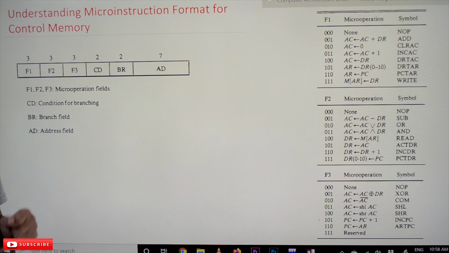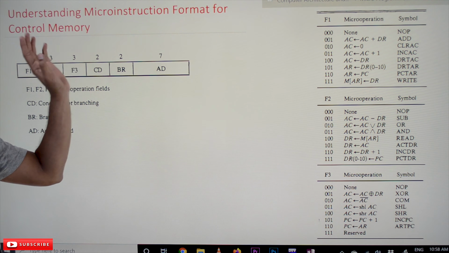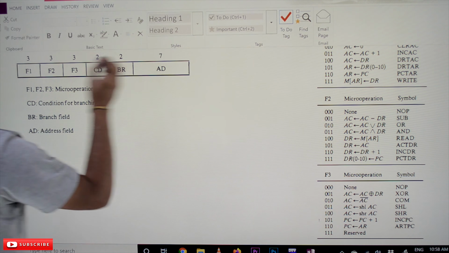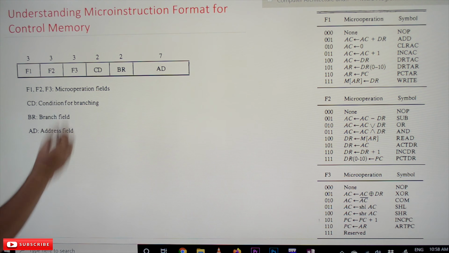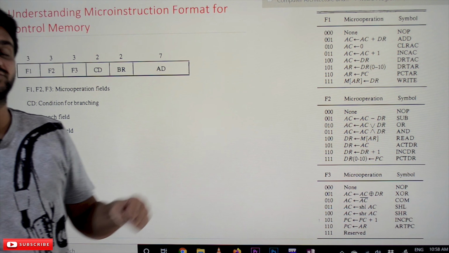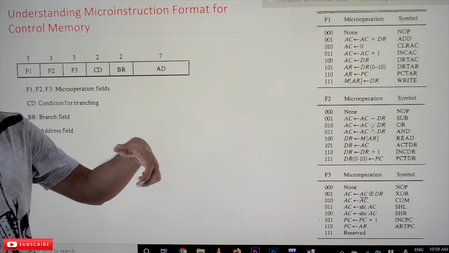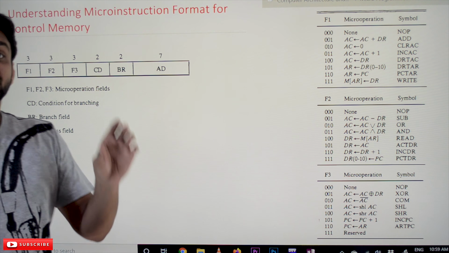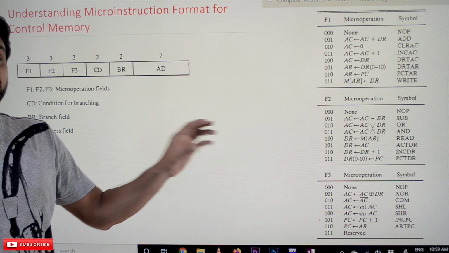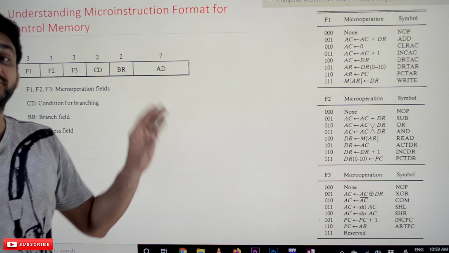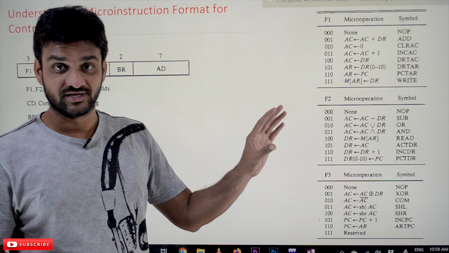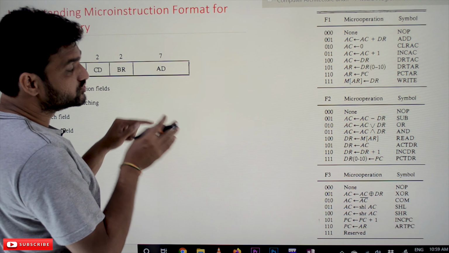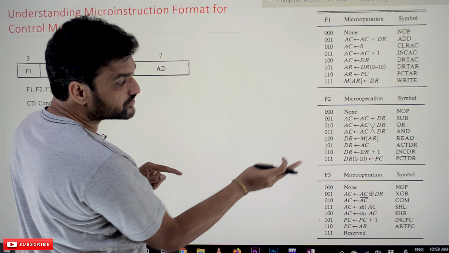Now coming to this class, we will try to understand the vertical micro instruction format. We have discussed this concept, and there we have said that all the micro operations are there to execute the instructions of our computer. For example, in our previous video we saw the computer configuration. There we said that our computer is capable of executing 16 instructions. In order to execute those 16 instructions, every instruction uses any of these 21 micro operations.